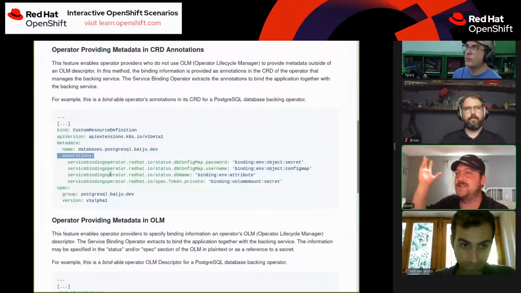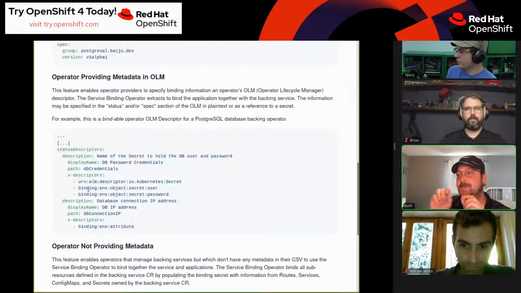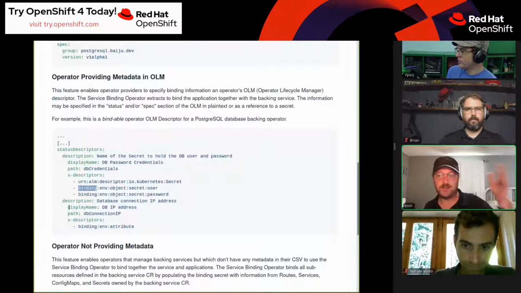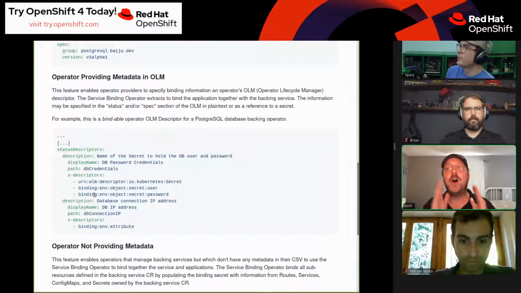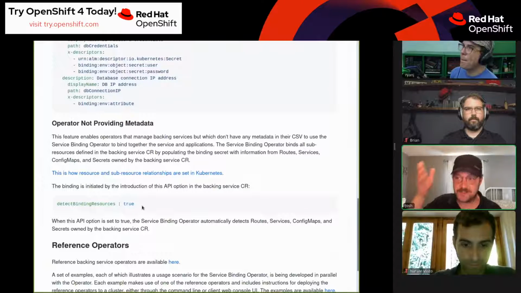And that thing can actually signal OLM, either to pull in a particular database name and version or to describe it in terms of a service. Maybe my requirements aren't that strict. Maybe I run across a number of SQL databases, so I just want a SQL database, and the OLM and the service binding operator on the cluster can decide to fulfill that with whatever is available. Or maybe I'm tightly coupled to a particular backend file store or DB, and I can name that thing. And then the binding operator can attempt to fulfill that specific request.